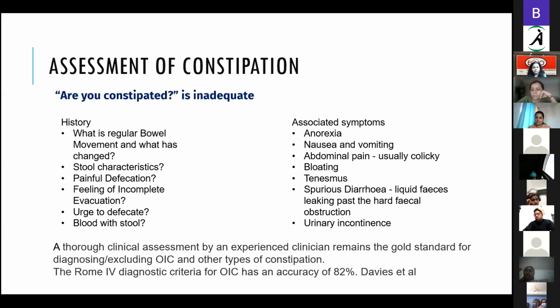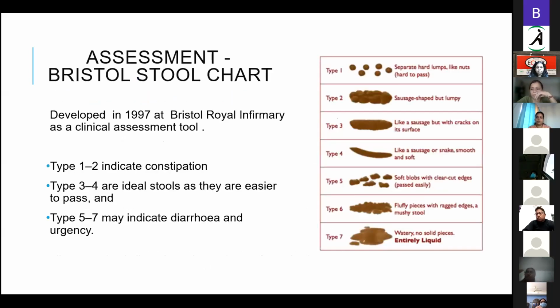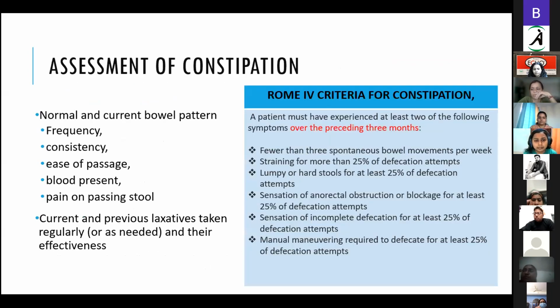So there are scales which help. Also, there are certain charts which can be shown to the patient so they can identify it earlier. We are aware of the Bristol stool chart. Most of us have used it in our practice. Definitely all of the gastroenterologists are using this chart. Daily they will refer to it, and it's a very simple way to just show the picture, and the patient will identify what kind of stools they have and you get an idea of what it is.